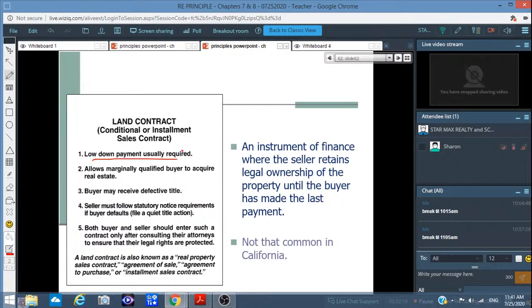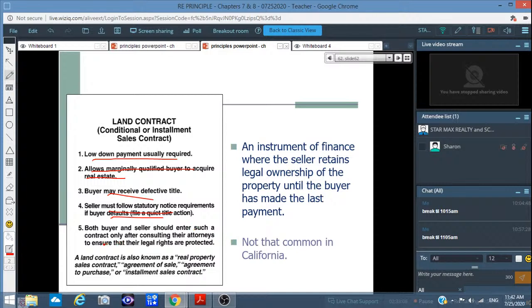You don't need even to qualify, right? You don't pay me, you don't have title, I still have the house. Allows marginally qualified to acquire real estate. 什么人都可以买到这间房子。Buyer may receive defective title, right? 买主就不知道他的 title 是什么情况，right？好的不好的都有，OK？Seller must follow statutory notice requirement if buyer defaults, like file quiet title action. OK？因为他 buyer 没有付清的话，right？他收房子他也有姓名这个 buyer 没有权利在里面，OK？Both buyer and the seller should enter such a contract only after